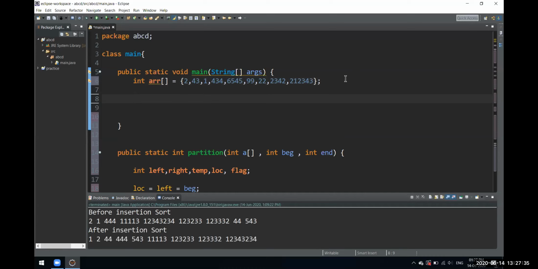So we'll jump into our main method, and in this main method we'll just print the sorted array. We'll not print the unsorted array for now. Let's just print the sorted array. We'll call quick sort now. The beginning of our array is 0, and the end of our array is array dot length, because we need the endpoint of that array. Beginning and end we are assuming, so end would be a dot length.